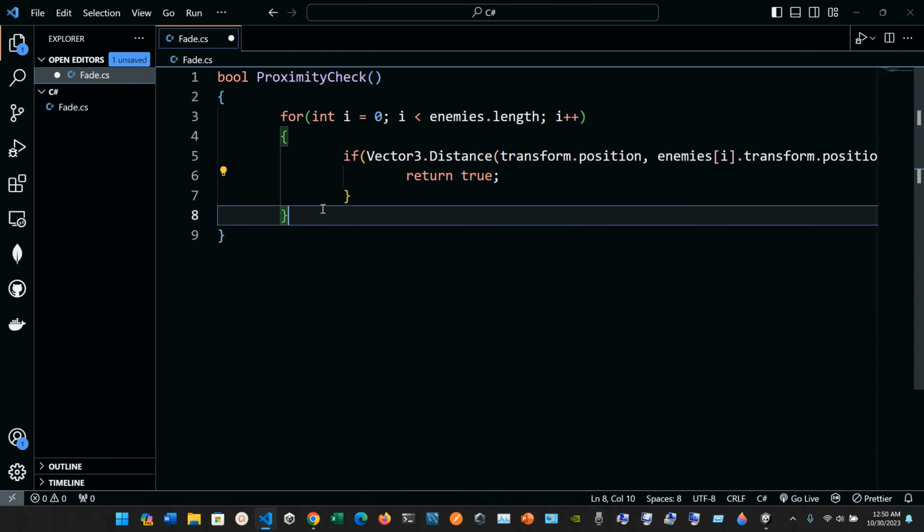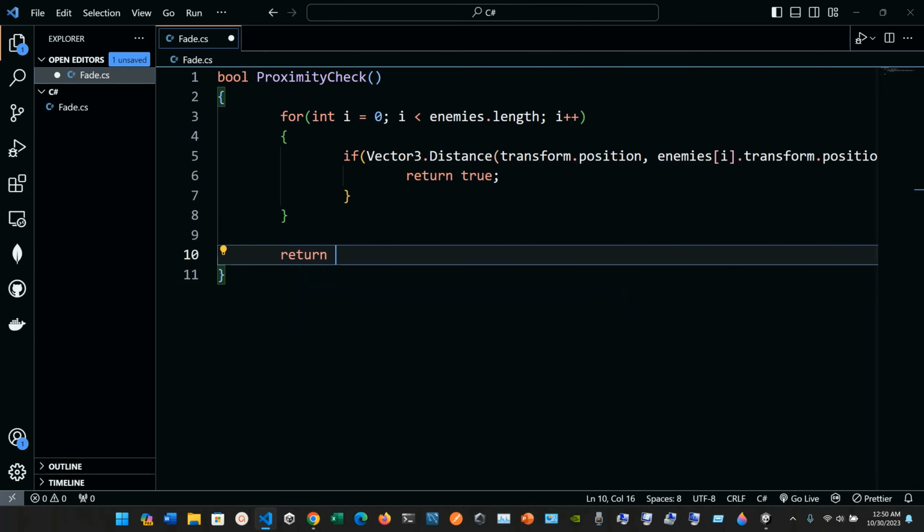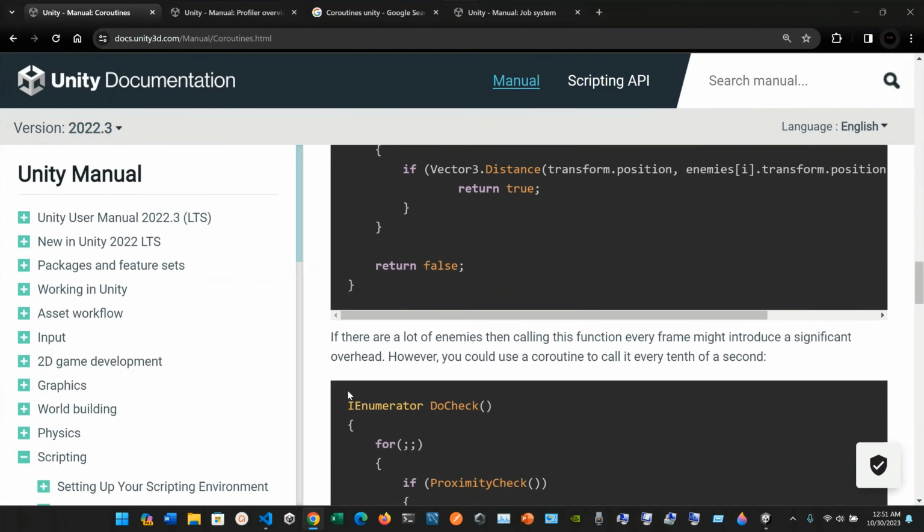And outside of this for loop we are going to have return false, semicolon at the end. We can save it. Okay, so